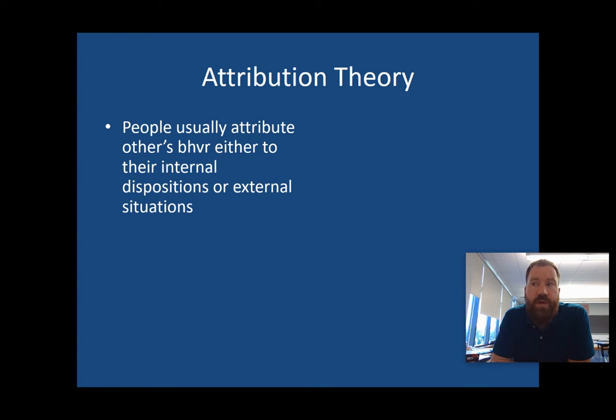So when we look at other people, we usually assign their behaviors into one of those camps. We try to explain, why are they acting that way? Oh, it must be because either the situation they're in or because it's the type of person that they are. Which leads us to the fundamental attribution error. The fundamental attribution error is the idea that for others, we tend to put the emphasis on internal disposition, so a shot at their character, who they are as a person, and downplay the external situations